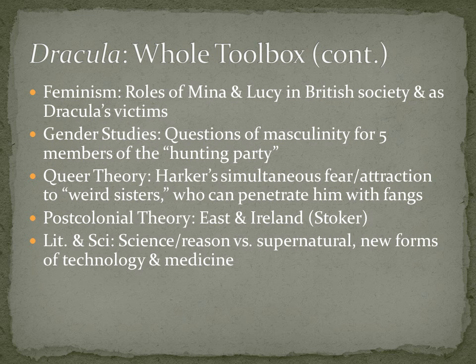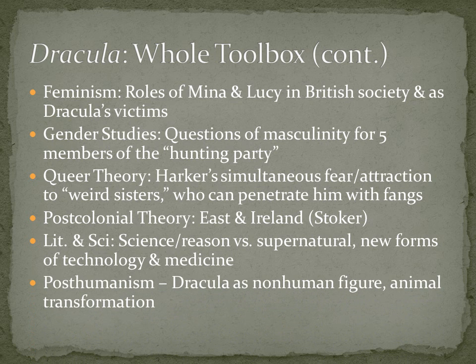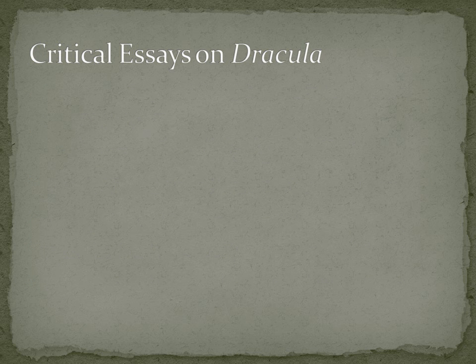Science, this is pretty clear. We've talked about the supernatural versus science and the new forms of technology and medicine in the text. Post-humanism, Dracula is certainly not a human figure. And monsters, vampires, werewolves, zombies, where they fit in the post-human spectrum is kind of a new, interesting idea scholars are pursuing. But there's the characters also, Dracula transforms into a bat and a wolf, etc. So there is some other stuff going on with animals here. Okay, so that was all to